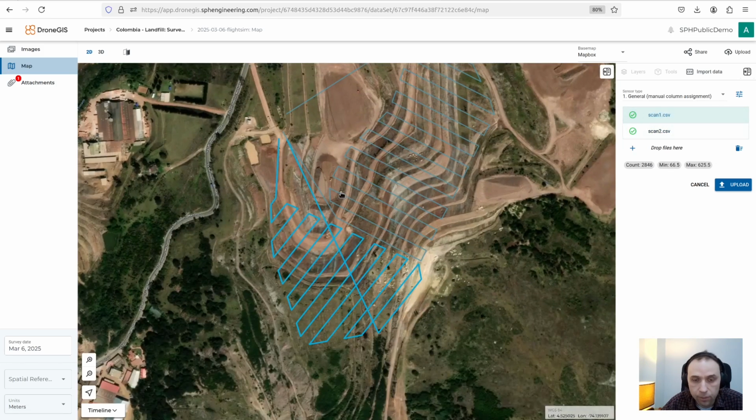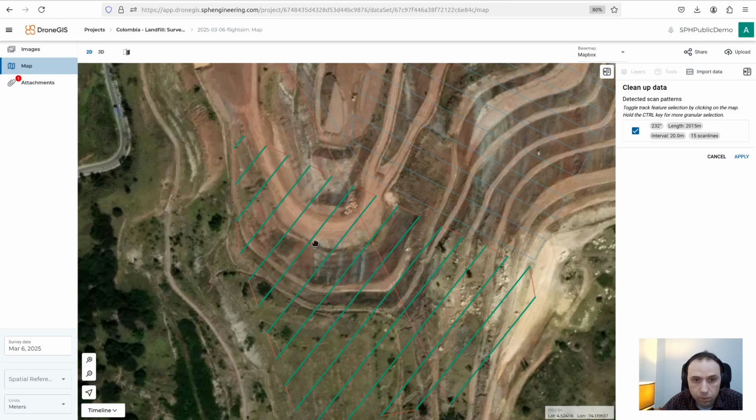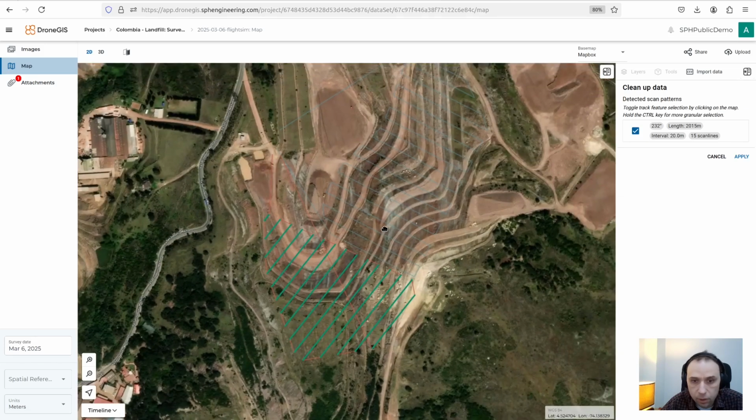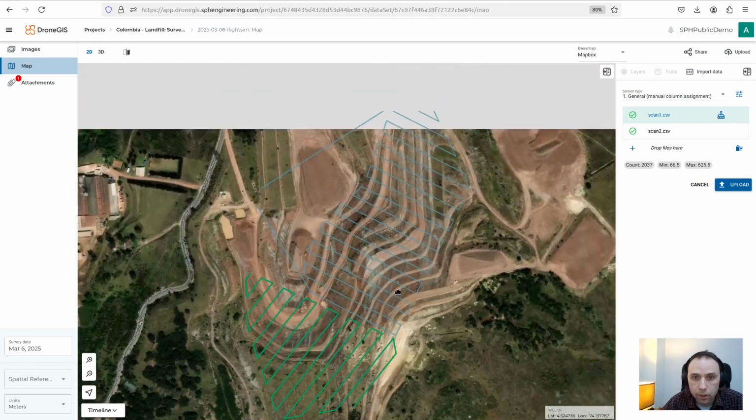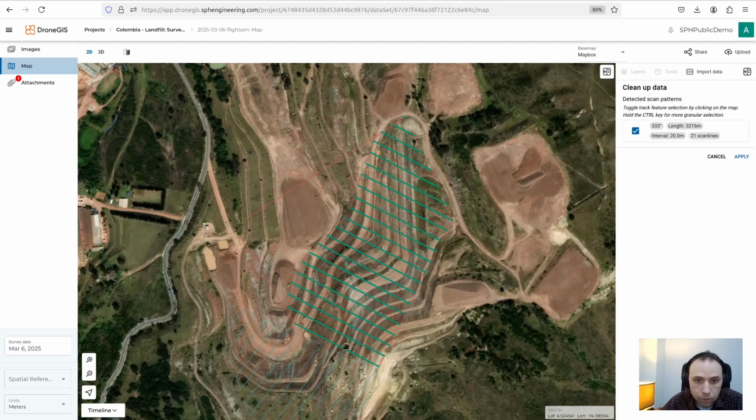For that, the software has a separate cleaning tool. When I press it, the software automatically detects survey lines, which is very convenient. In this particular case, I think I'm okay with the result. So the only thing I have to do is just press apply. And let's do the same for another segment. Again, I press the cleaning tool, and you see that the return home and approach segments were filtered out, so survey